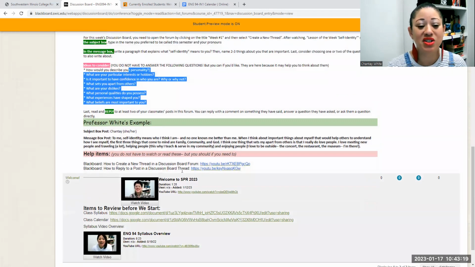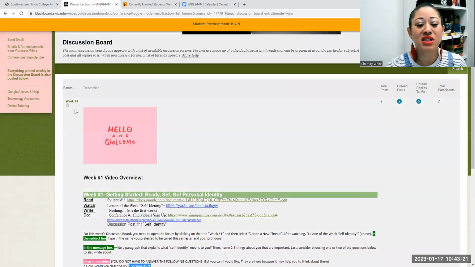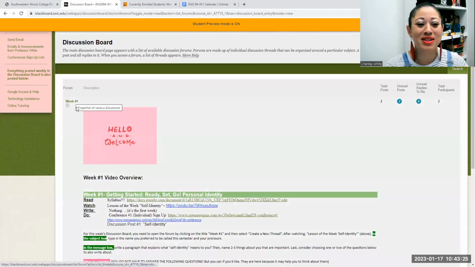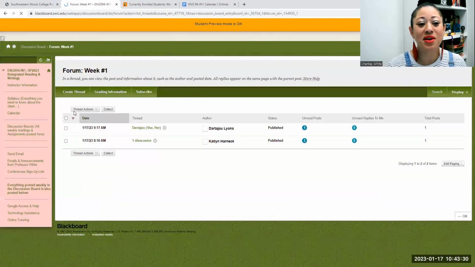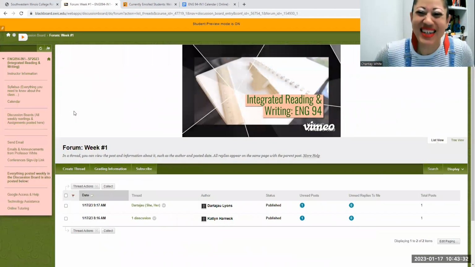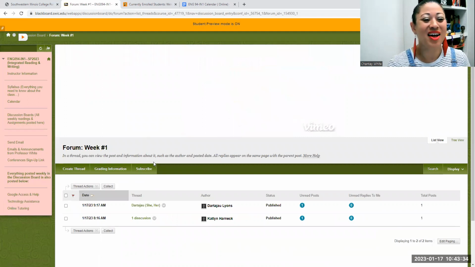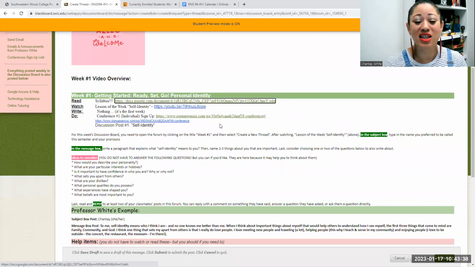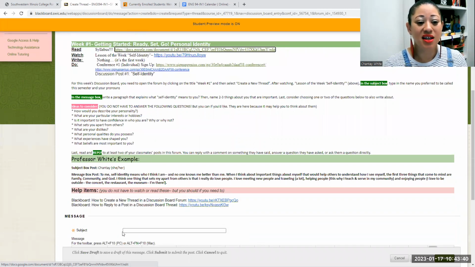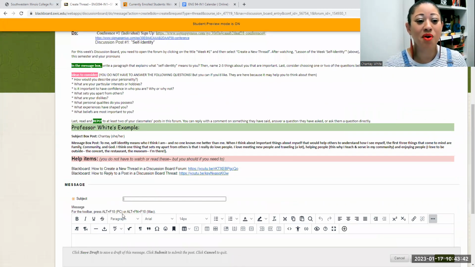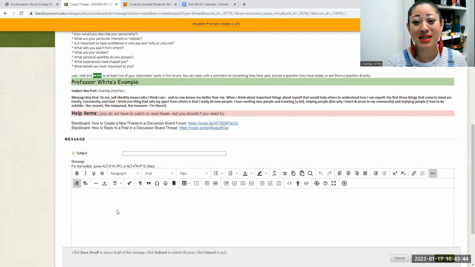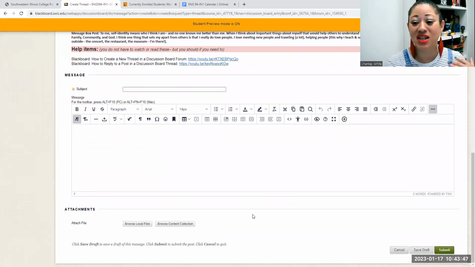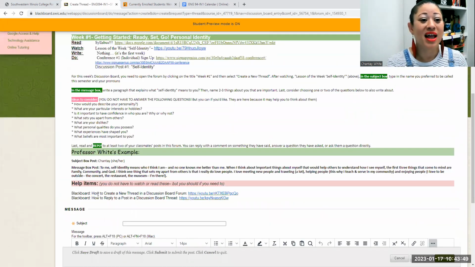So when you get ready to do that, all you have to do is to go to the name of the forum each week. It's week 1, there's only one, so that makes it pretty easy. If you open it up by opening that menu, you'll see a couple of people have already done it. That is so awesome, right? All you have to do is press create thread. And just like I said in the instructions, which you can still see, in the subject line, you'll put in your name and your pronouns. In the message box, you'll go ahead and tell me about yourself, and then you'll press submit,